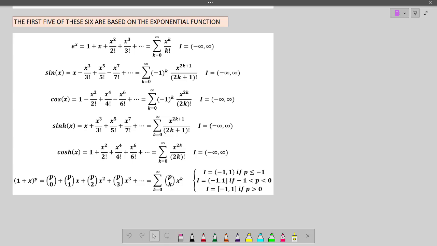And then this one is the binomial series. We'll talk about that one. That one's not really based on e to the x, but I put it with the ones that are based on e to the x. Okay, so that